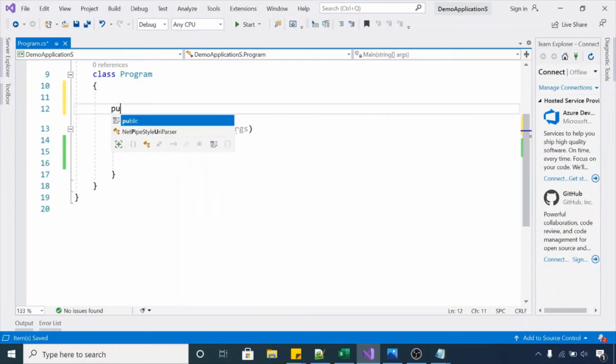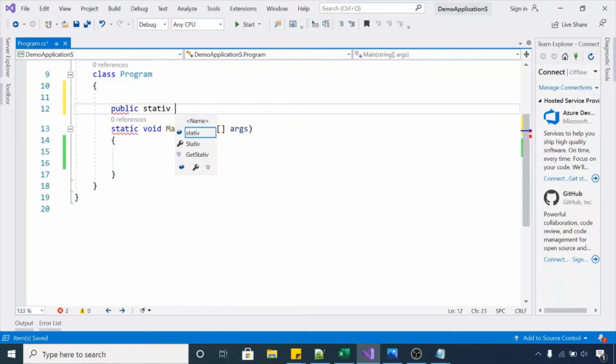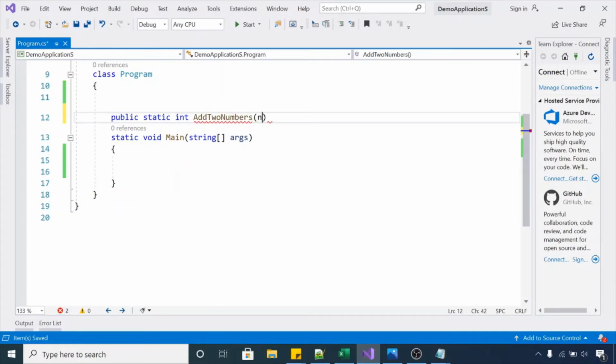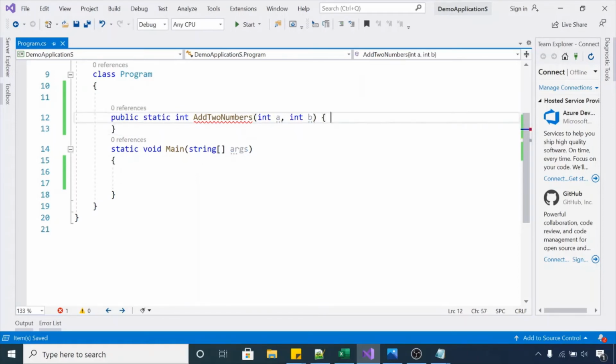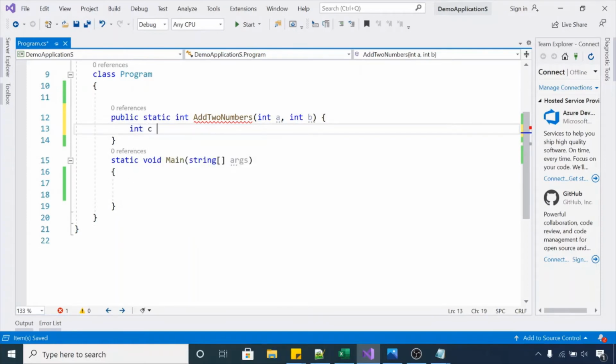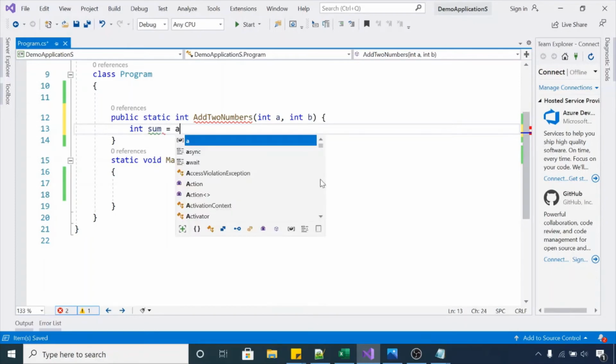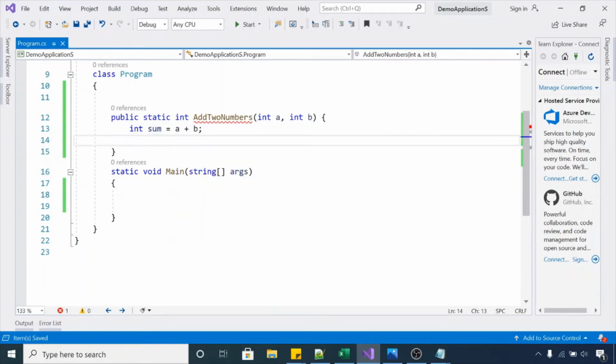Let me create public static integer AddTwoNumbers. I have two arguments here, integer a, comma, integer b, and I will calculate the sum of these numbers in this method. Integer sum is equal to a plus b. Now I will return this sum.